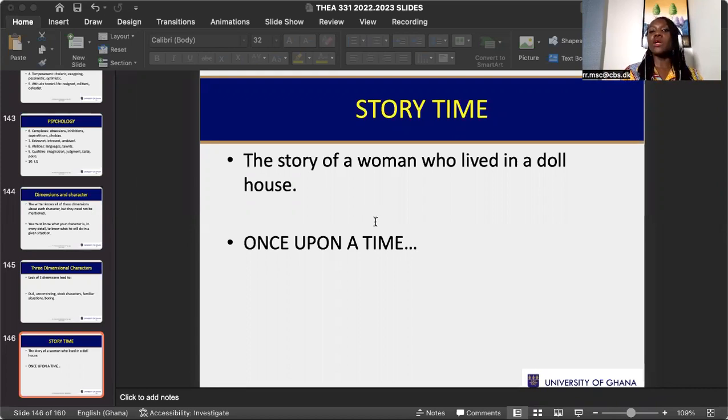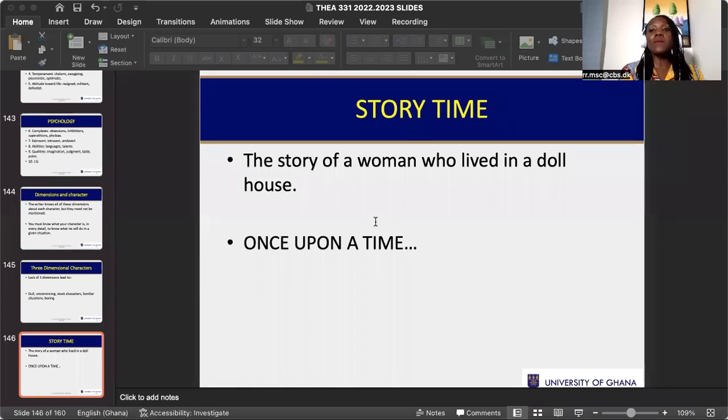He finds the two calling cards with a black cross on them, and Nora confirms to him that Dr. Rank is shutting himself in to die. She tells him to go ahead and open his mail while she goes to sleep. She makes her way across the hall with the intention of leaving her home whilst her husband opens the mail. But as she was moving out, he barges out of his office to confront her about Krogstad's letter.